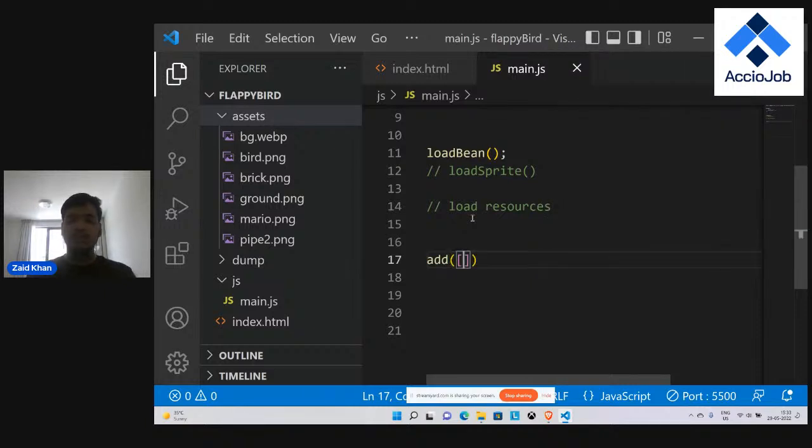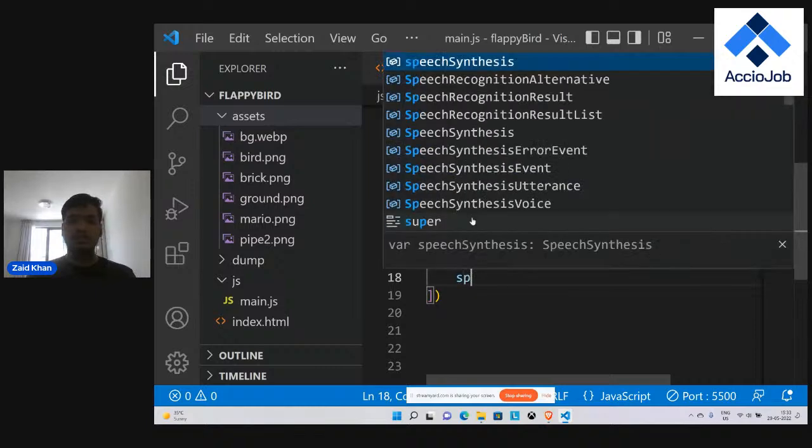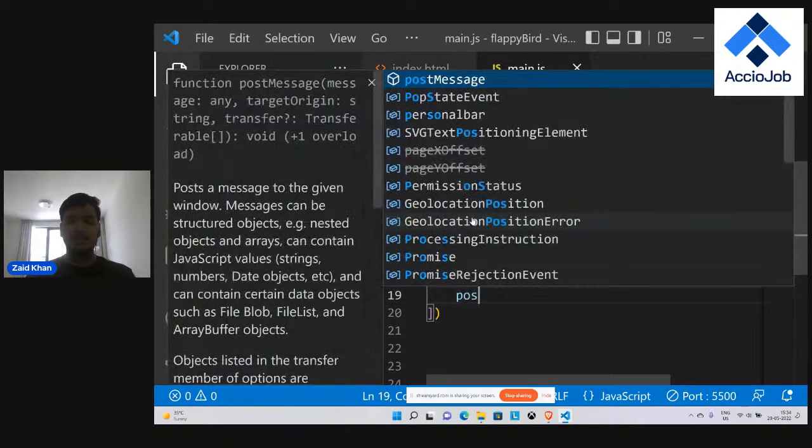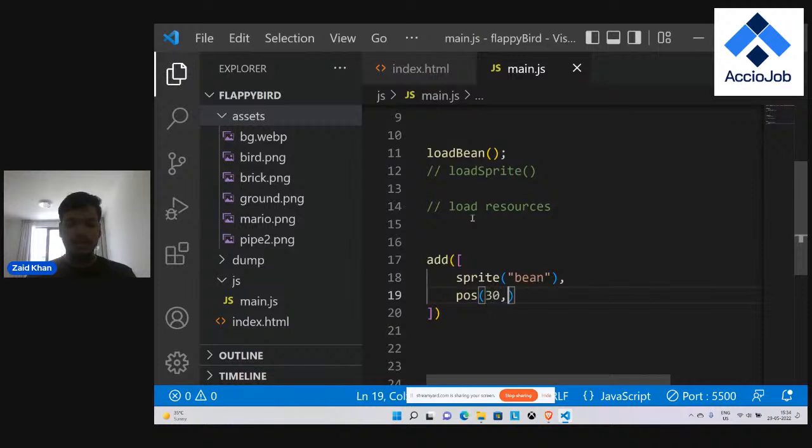Okay. When I use this add, I have to pass the parameters inside a list. The first parameter that I will be passing is this bean, and let's make a position x comma y. We'll talk about what all these are. Just give me a second. And other than that,